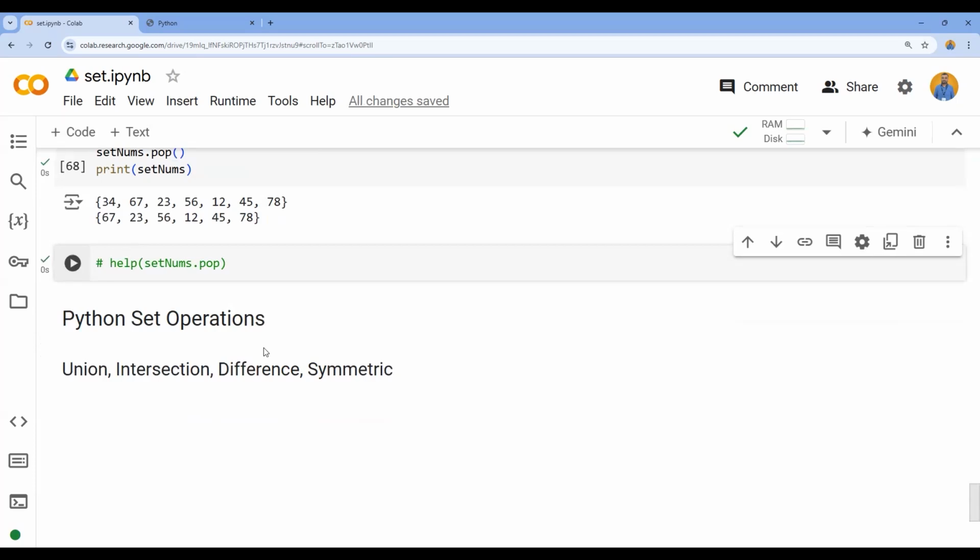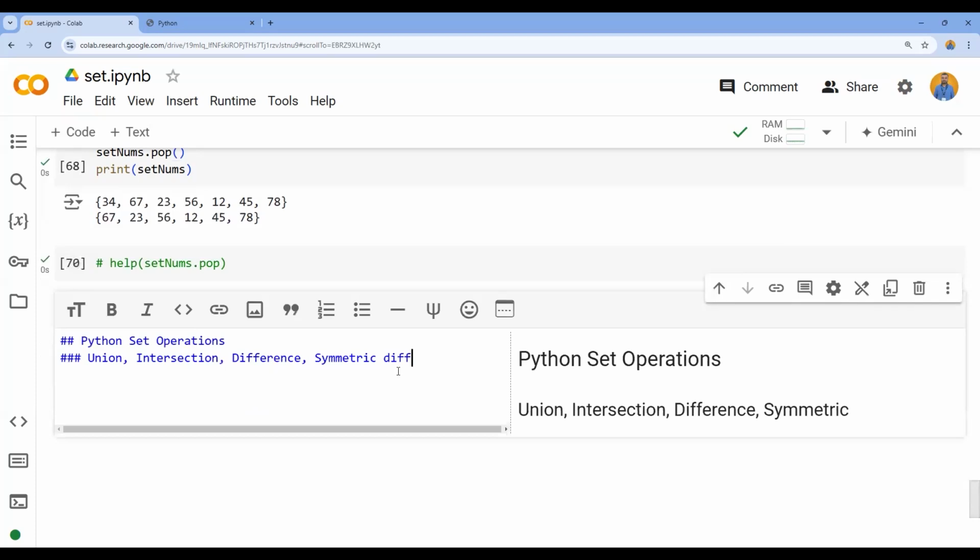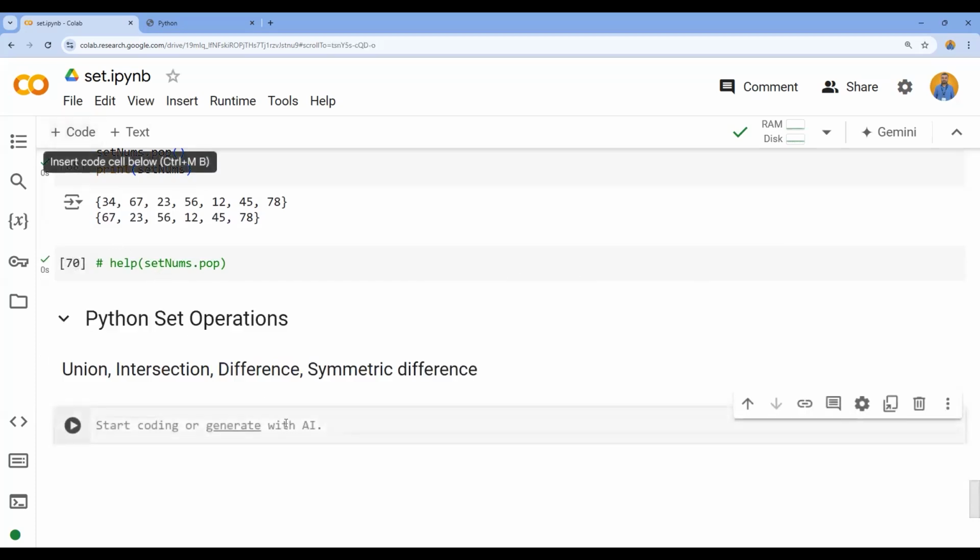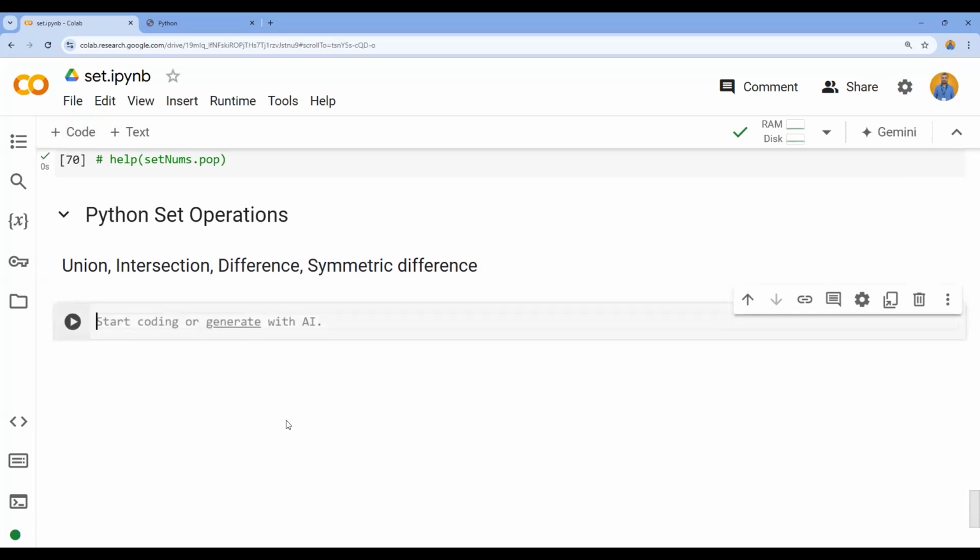Given two sets, you can basically perform union of two sets or intersection of two sets. We can also find out the difference of two sets, and we can also find out the symmetric difference. We'll try to understand each of these. What exactly do we mean by a union, and how do I perform a union, and what exactly is an intersection? So we'll consider two sets, S1